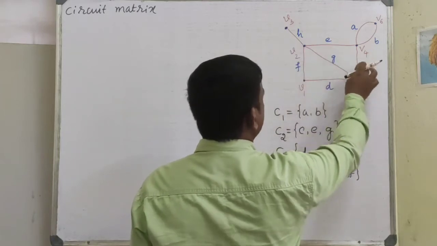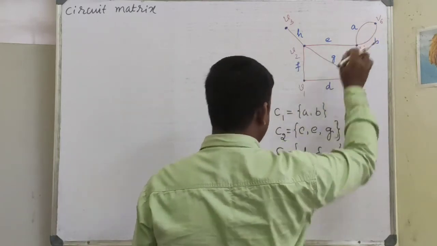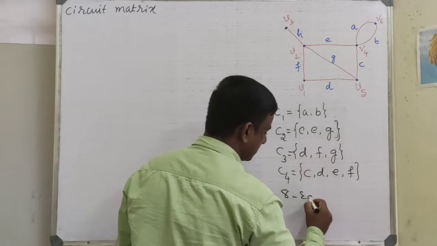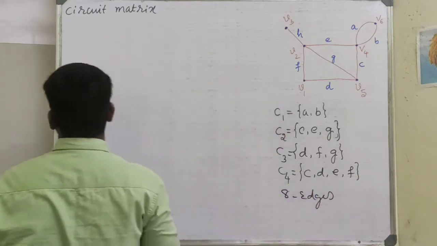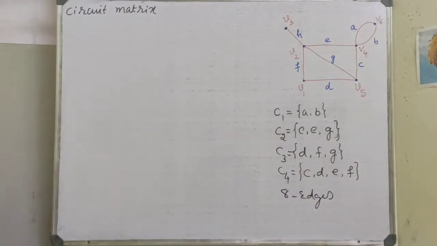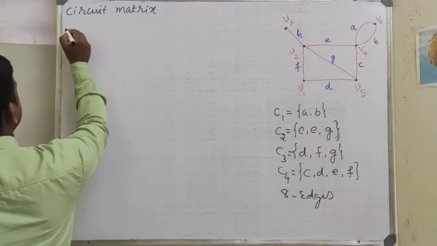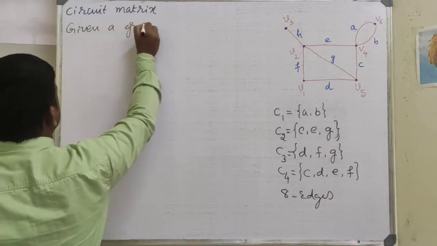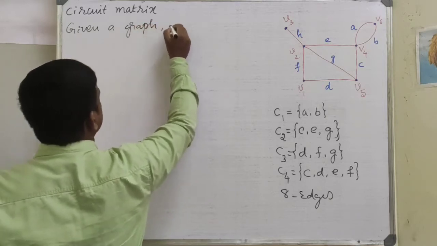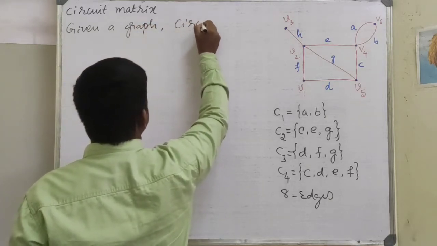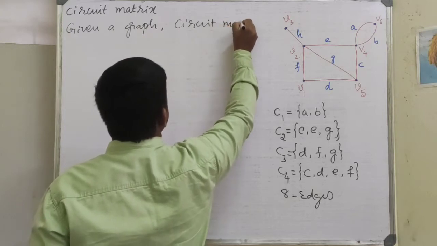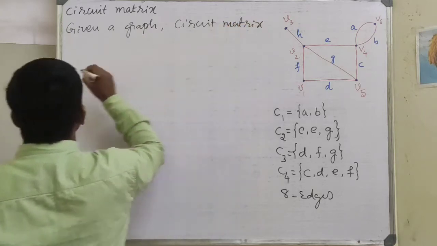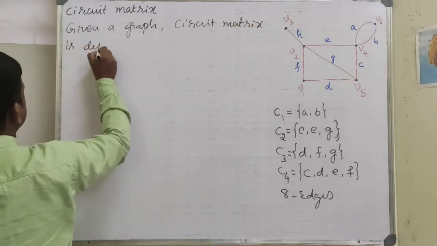Now I have four circuits and there are totally 1, 2, 3, 4, 5, 6, 7, 8 edges. There are 8 edges. So given a graph G, the circuit matrix is defined by